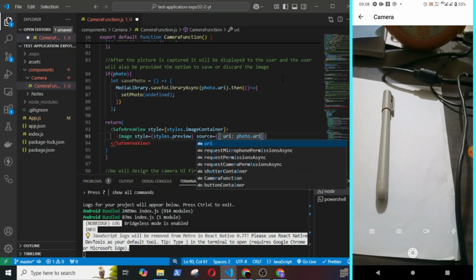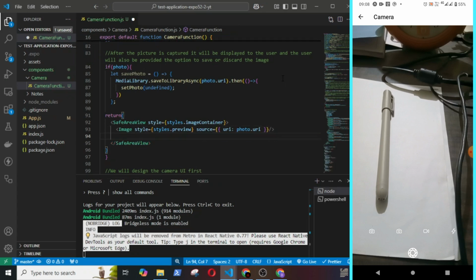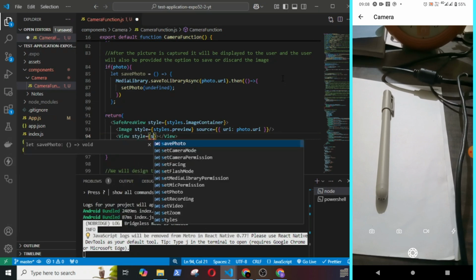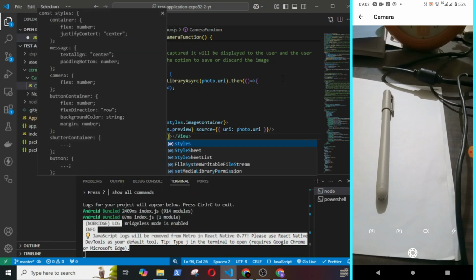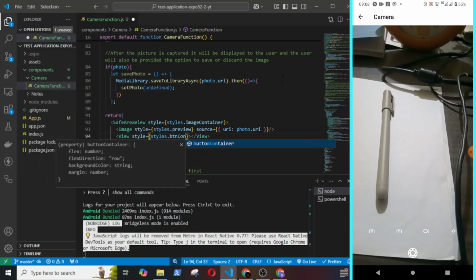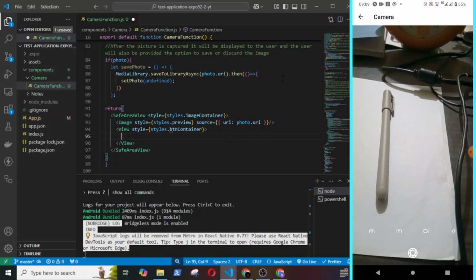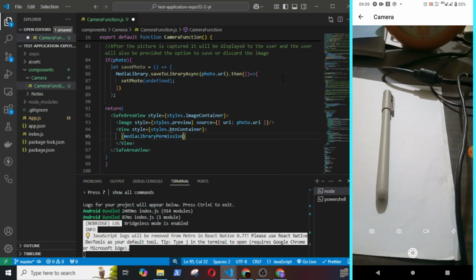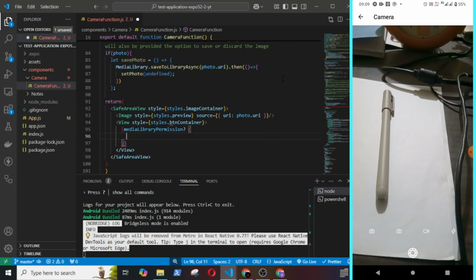The source for the image will be the URI photo.uri. View styles.button container. Inside it I will have media library permission. If I have the media library permission, then